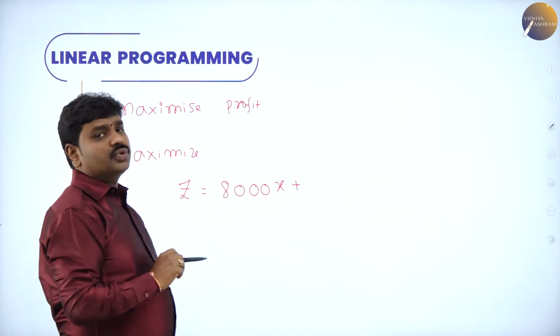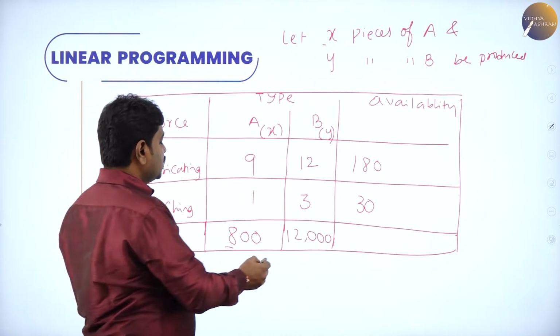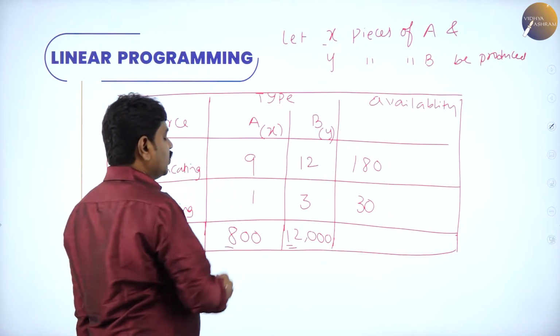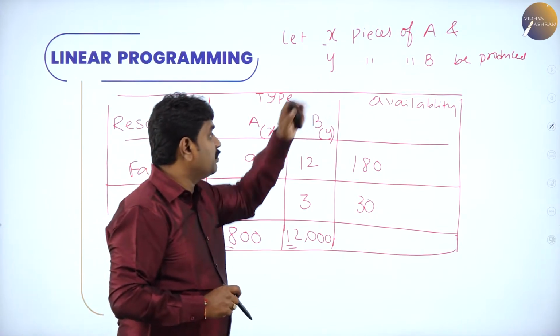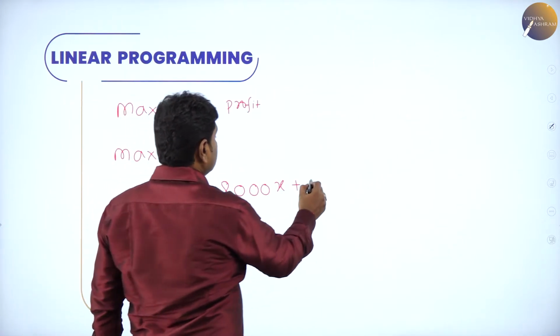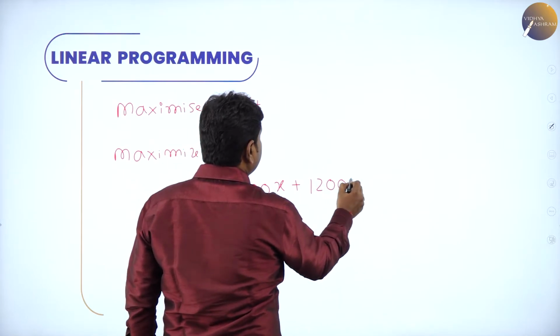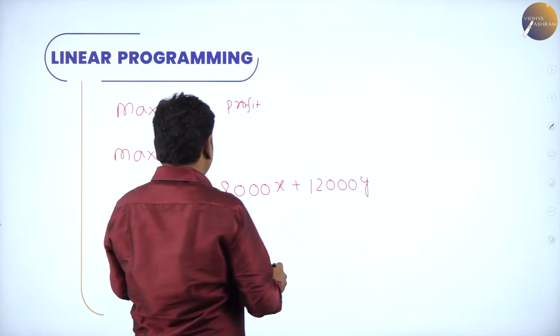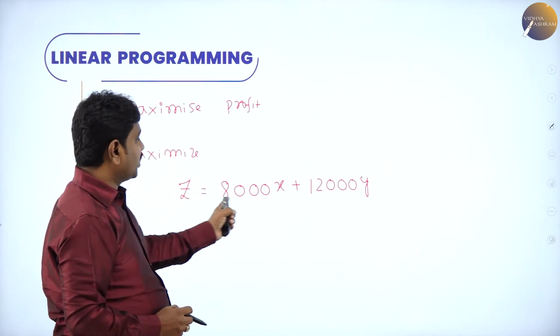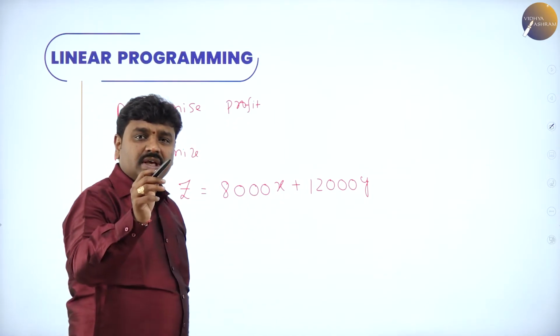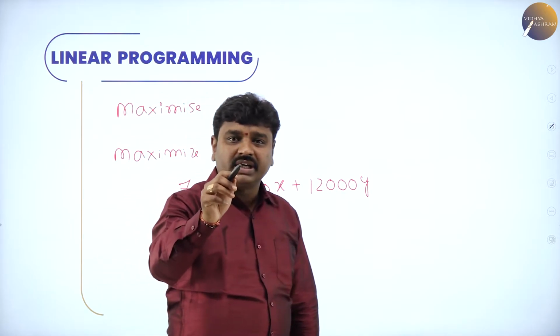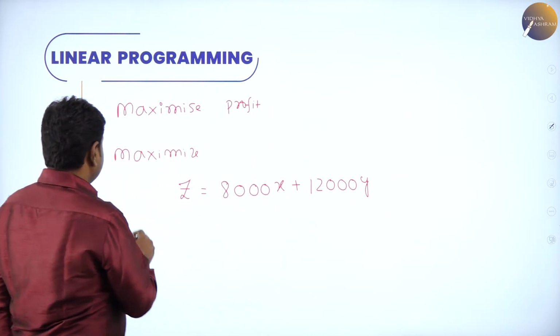And we are also producing B. How much does B give you after selling? You'll get 12,000 rupees profit for one piece. But we are producing Y pieces. So the total profit is 12,000 into Y. We need to maximize this, we need to maximize profit. This is the profit function. Any linear programming problem should contain an objective function. I wrote it. Now, subject